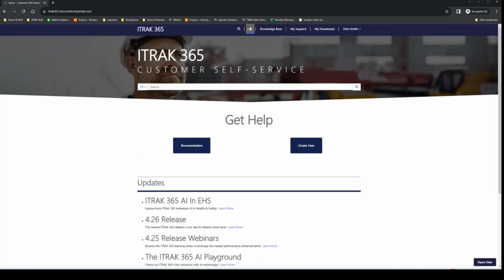So that's an overview of the customer support portal. If you do have any further questions, please reach out by creating a case or by emailing us at